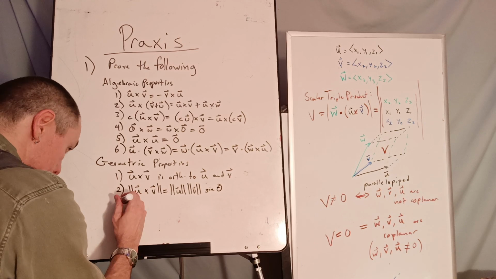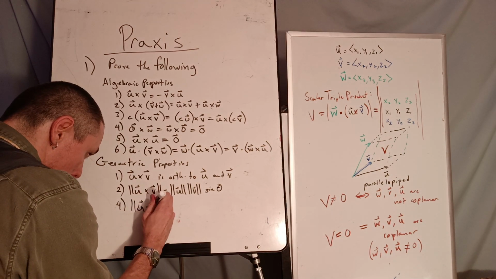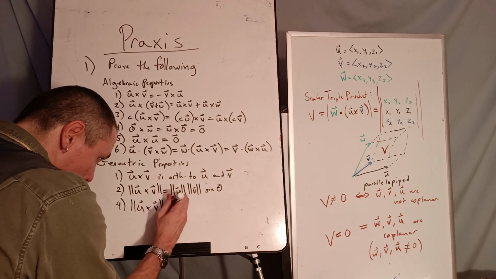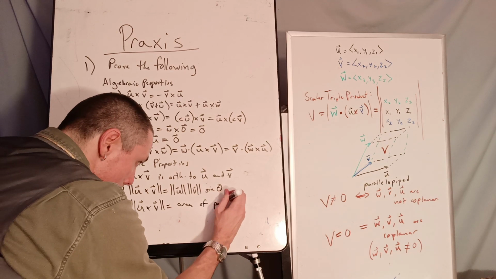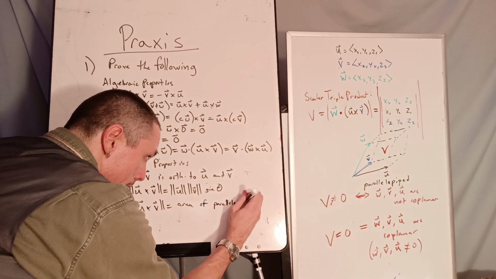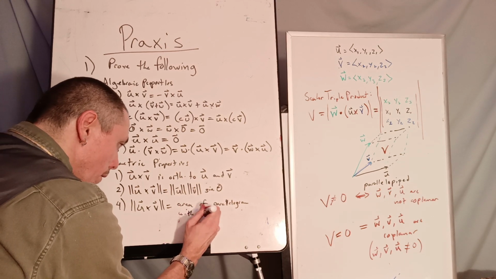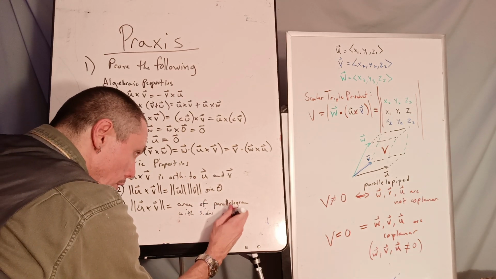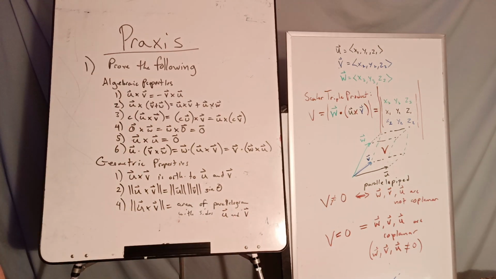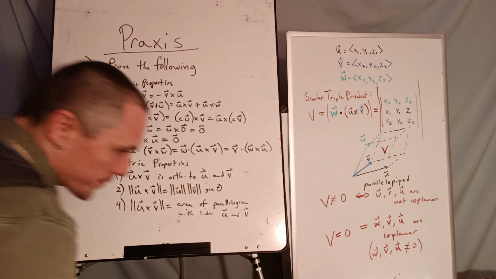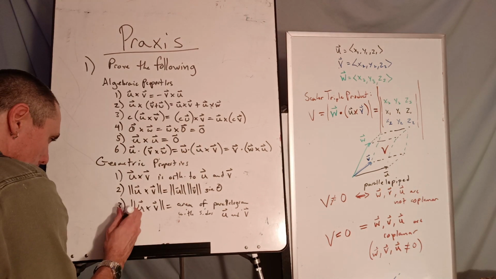Number 4, that the magnitude is equal to the area of the parallelogram formed with sides U and V. We sort of already proved that one as well. So if you, wait, I've skipped one. Oh, oops. So let's call that 3. And let's call 4